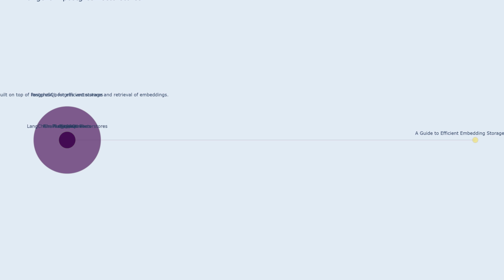PostgreSQL is a powerful and widely used open-source relational database management system. It provides robust features such as transactions, concurrency control, and data integrity, making it suitable for storing and retrieving large volumes of embeddings. LangChain provides a wrapper for PostgreSQL to facilitate embedding storage and retrieval in a user-friendly manner. This allows developers to leverage the capabilities of PostgreSQL for efficient vector search and retrieval without needing to manage the